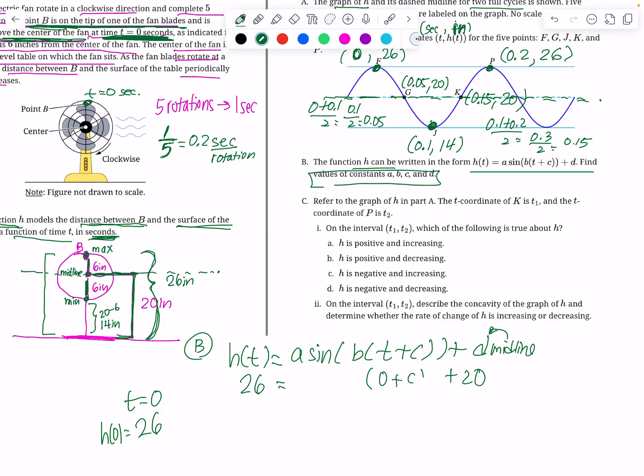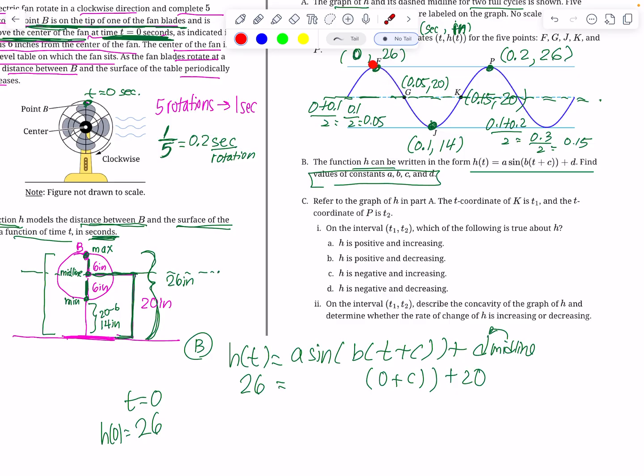And then I'll copy down the C. Now, how do I get the A? Well, A is quite simple. A is the amplitude. So A is from how high above the midline was it, or how high below the midline was it? Well, from here to here, it was